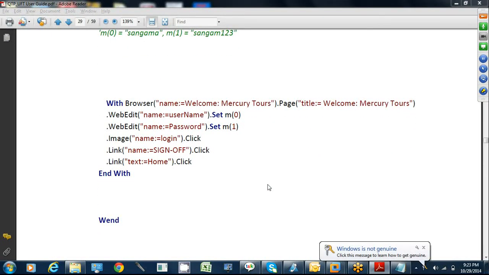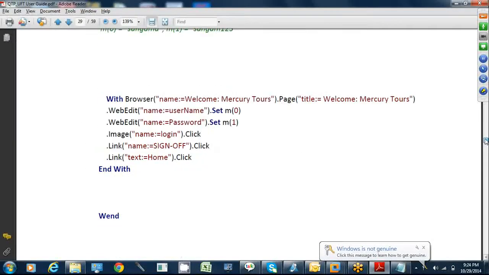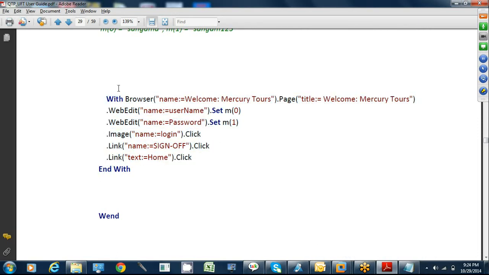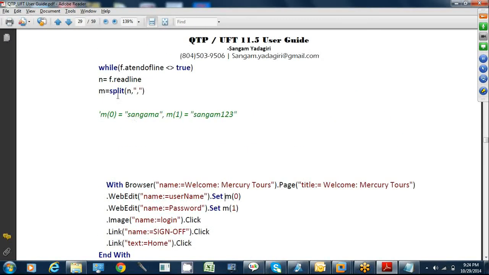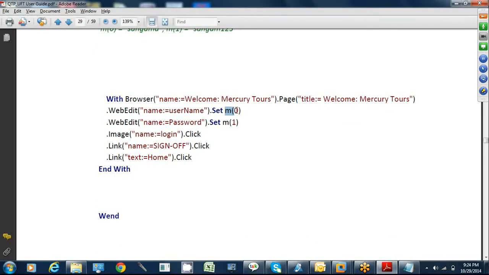Now your actual program will start here. What is your actual program? You are again doing the same thing that I showed in the first example. You are opening a browser, then you are setting the username. Since the first value, username, is stored in M0, that's how you pass this value.